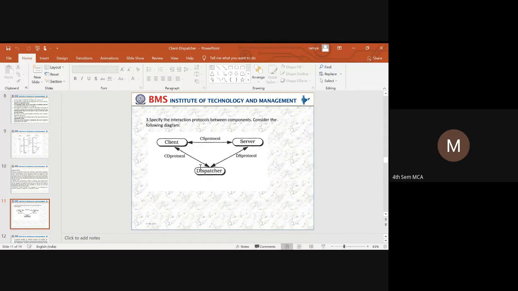The communication between a client and a dispatcher, we call the CD protocol. The communication between a server and a dispatcher, we call the DS protocol. This is how we identify the different interaction protocols among the components.